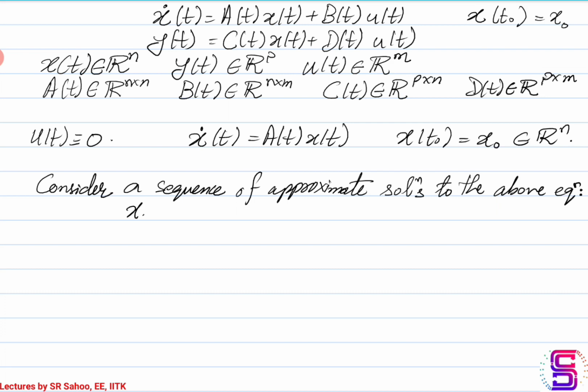Now how do we generate the sequence? What is the sequence of approximations? It is this. x0(t) is the first element in the sequence, and it is equal to the initial condition itself. So we are saying that the approximate solution is the constant initial condition. This is the first entry of the sequence. Okay, the next entry, which is x1.